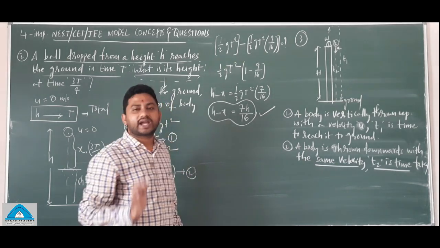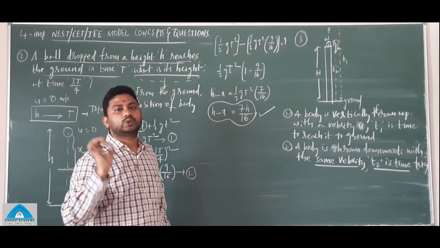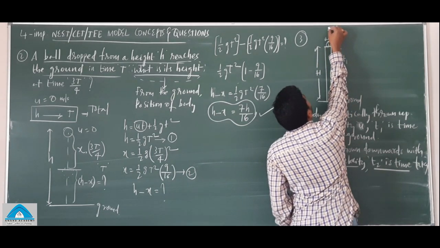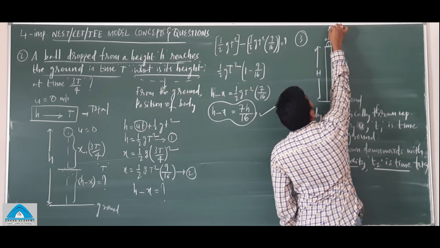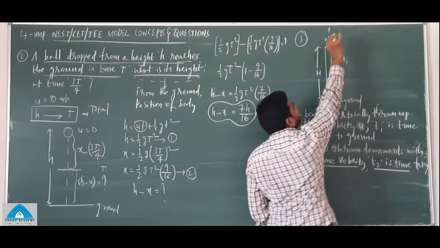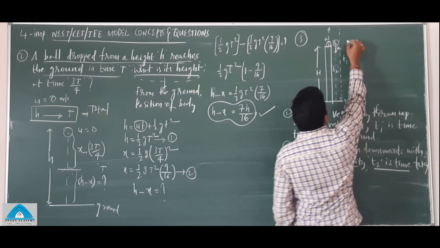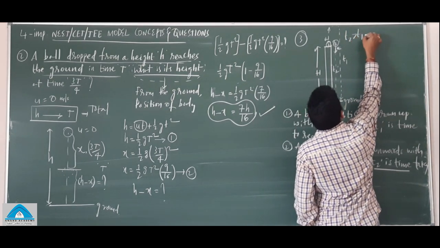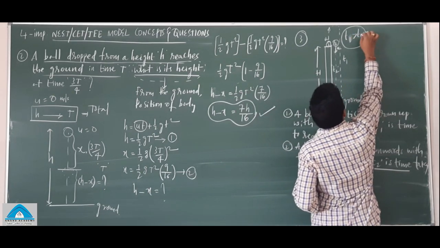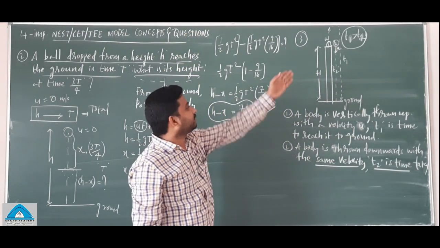What is t1? What is t2? You know, right? Which is more here, t1 or t2? Definitely t1 is more because it should go up and reach where the maximum height takes place and again start to come back to the ground. But here, this journey is not there in the second case. Second case directly it is thrown down. So here you should understand t2 is greater than t1. Remember, sorry, t1 is greater than t2. Right? First case, the more time the body will take to reach the ground, it is visible.